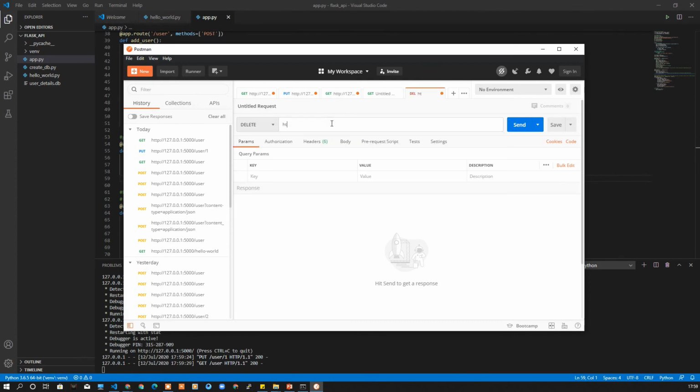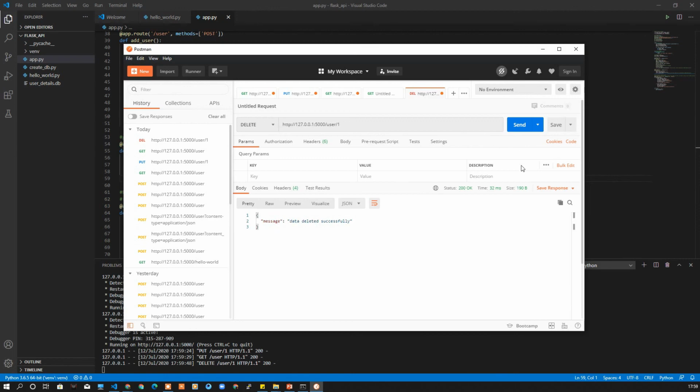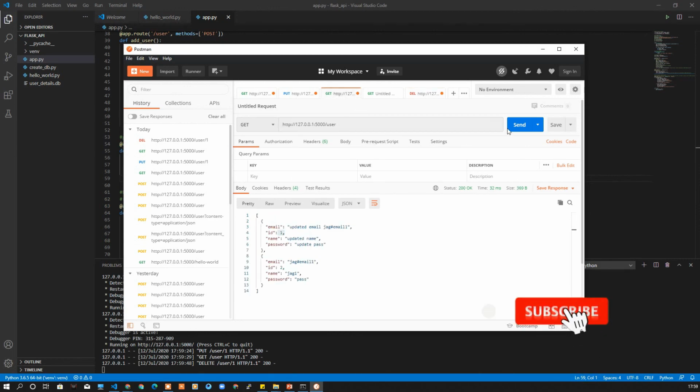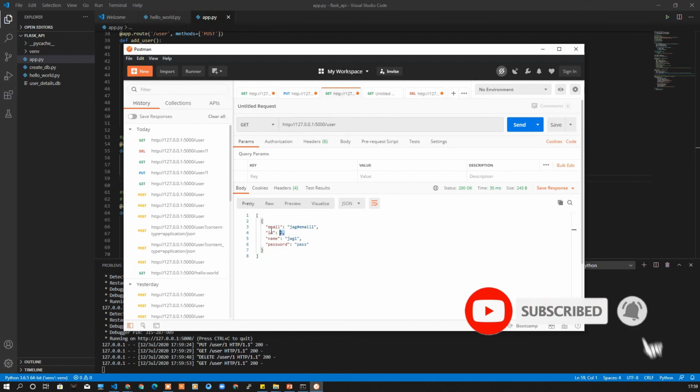For /user/1 we give a delete request to this route and send it. Data deleted successfully. Now get all the users and you will get only the user with id 2, because we have deleted the user with id 1. This is a simple representation of user CRUD operations using Flask API.